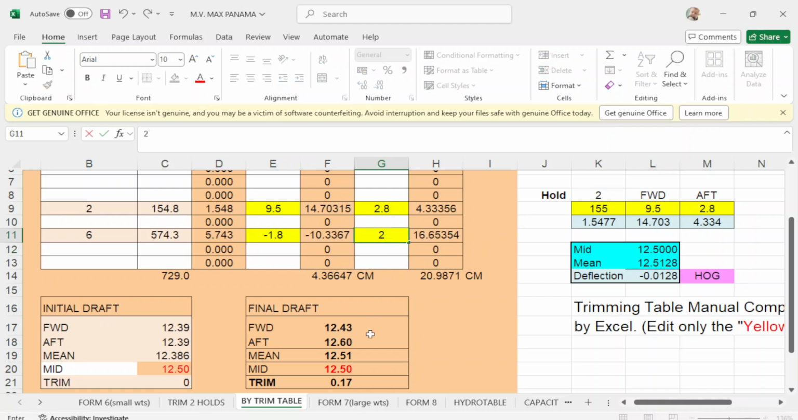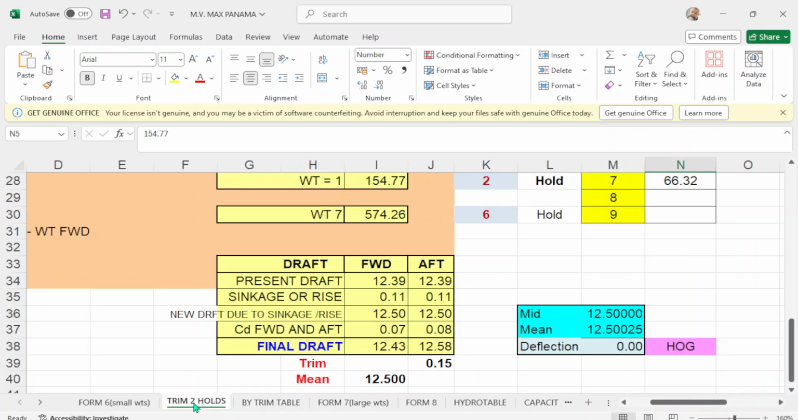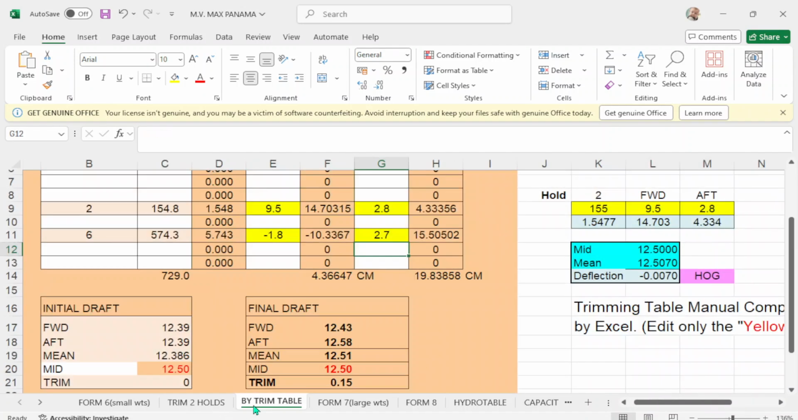2.8. 2.7. Okay. Your now mean is, so we have trim of 15. So let's say if you put this 2.6, 2.6,